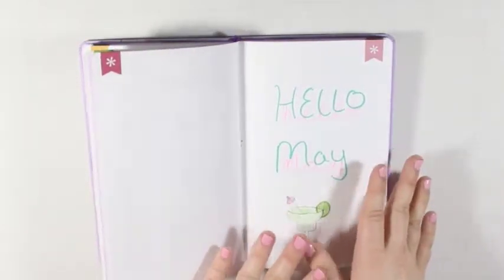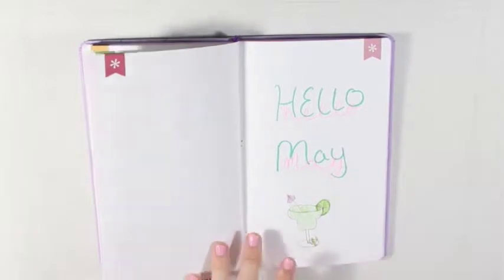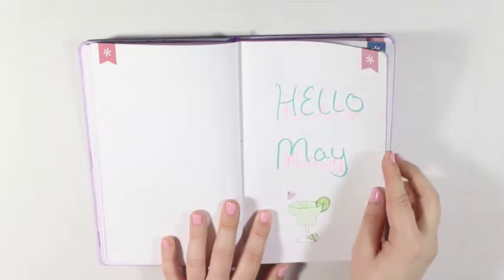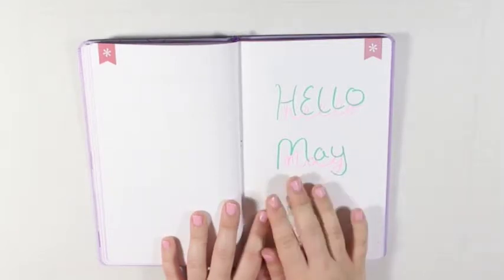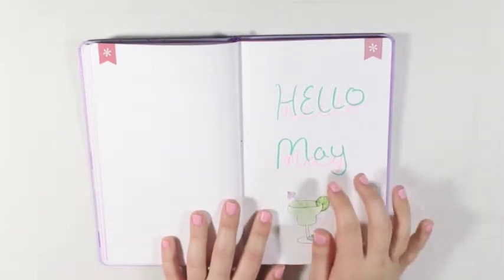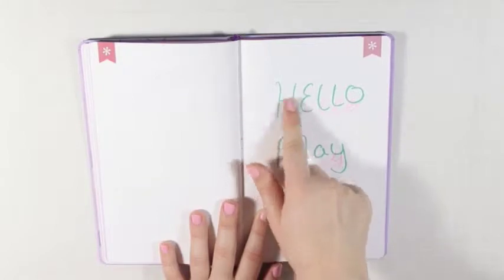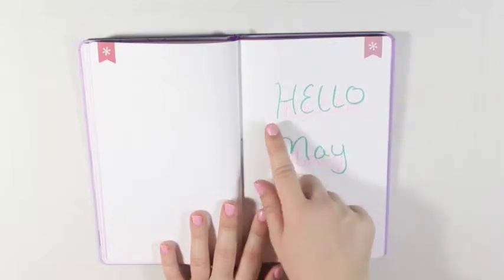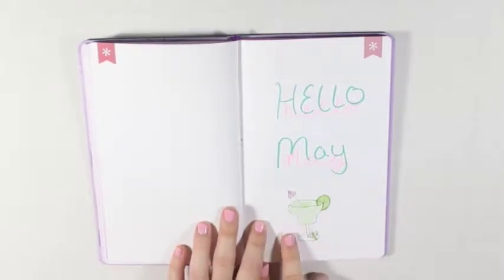So this is kind of a mix and match of themes, which you'll see as I show you. But I decided to do the colors as the old Erin Condren May colors of the pink and the mint color. So I do have Hello May in a semi-green mint color with the pink as well. And then I couldn't figure out what to do for my little photo for my cover page,